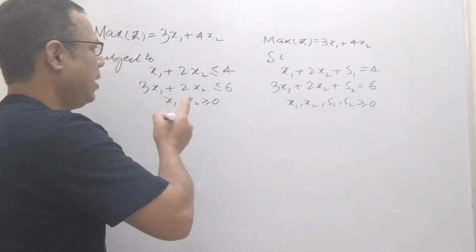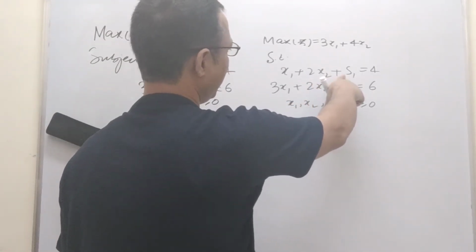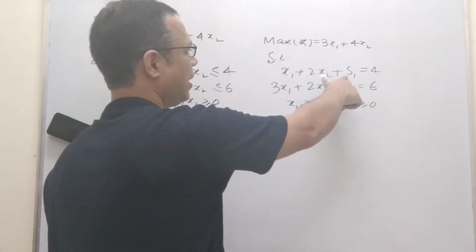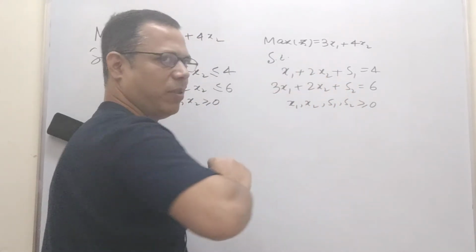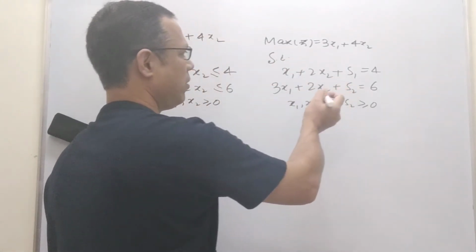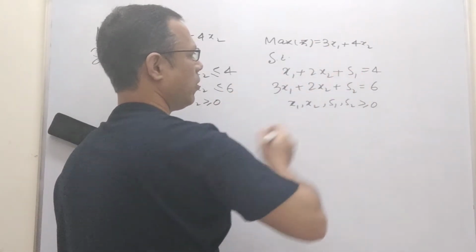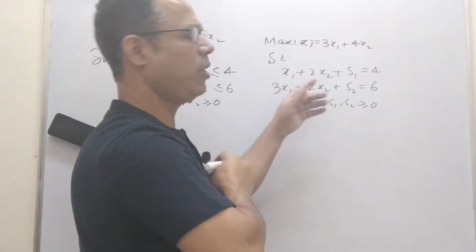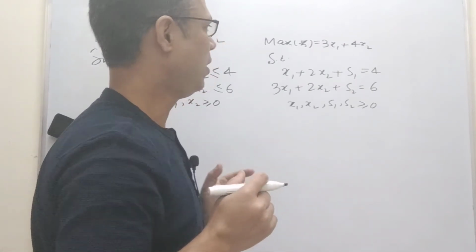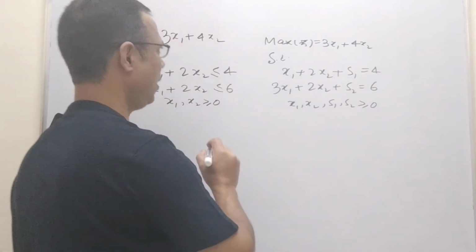Now we are going to apply the algebraic approach. What is the algebraic approach? The algebraic approach says that if we take the variables s1 and s2 as basic variables, then the rest of the variables will be considered non-basic and set to 0. We already have seen that if you move from these constraints to the tabular form, s1 and s2, which we consider slack variables, form a unit matrix. Whichever variables form a unit matrix, we need to consider as basic variables. So here also we are going to consider s1 and s2 as basic variables and proceed.